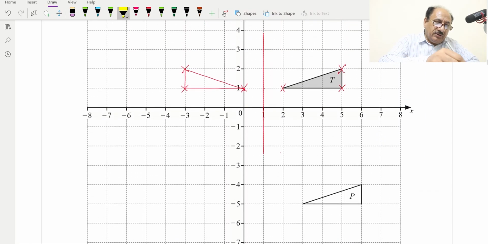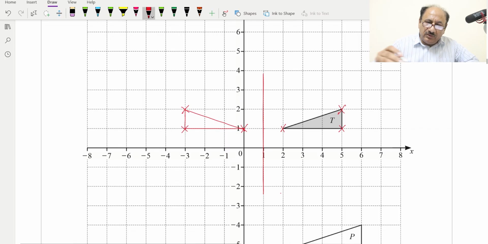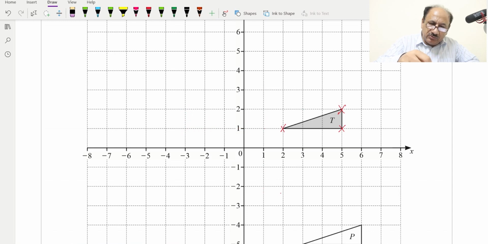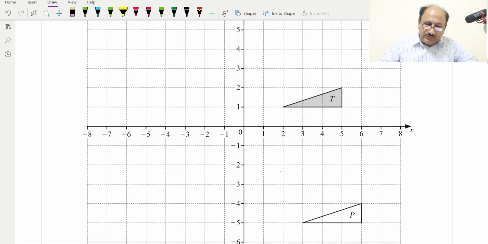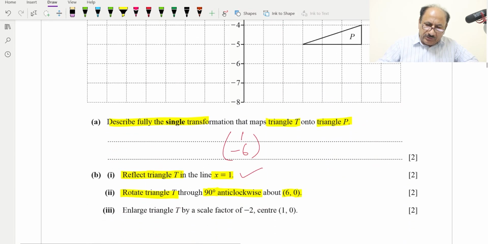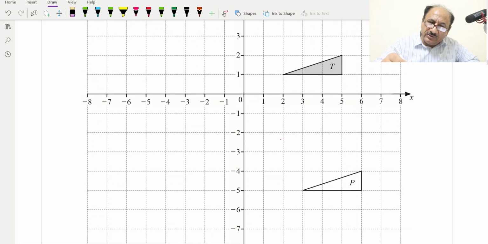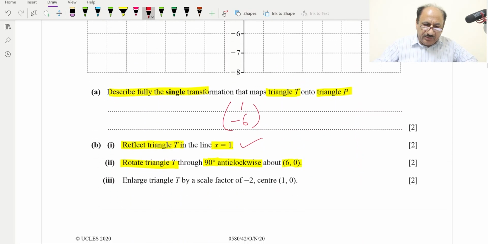So we will reach 6 and 0, and for that I will erase this working. So I will erase this one, and now we can rotate this. 6 and 0 will be this point. This point is 6 and 0,